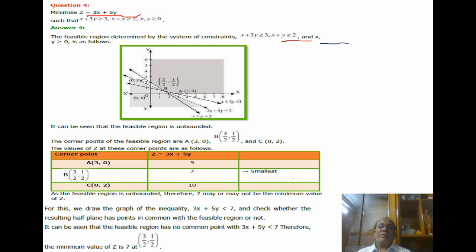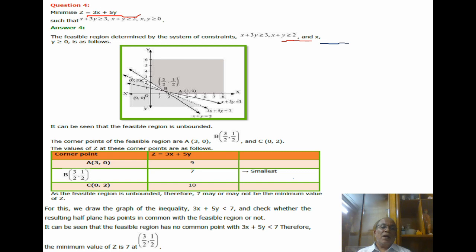So which area will be there? The area in the first quadrant which is not the origin portion, that is the upper part, will be our feasible region for this line. Similarly, for the second line, when you put x and y as 0, 0 is not equal or greater than 2. So there also the area above this line will be our feasible region. So this is our common region, where the feasible region lies.